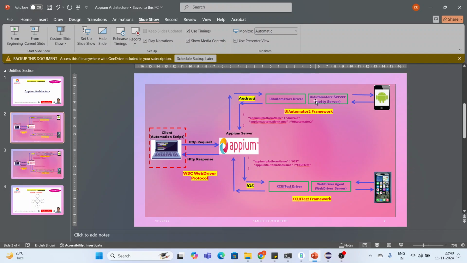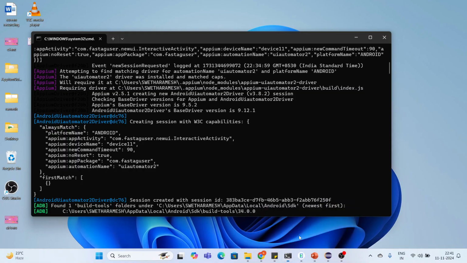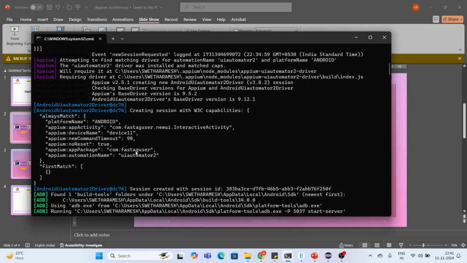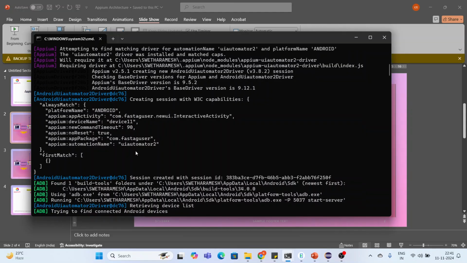Okay, and then in this phase the session ID will be created. You see the request creating the session with W3C capabilities. Whatever I mentioned here is coming there. One more thing, yes, it came in there. Now the session is created with a session ID, because I have the valid capabilities, I have the